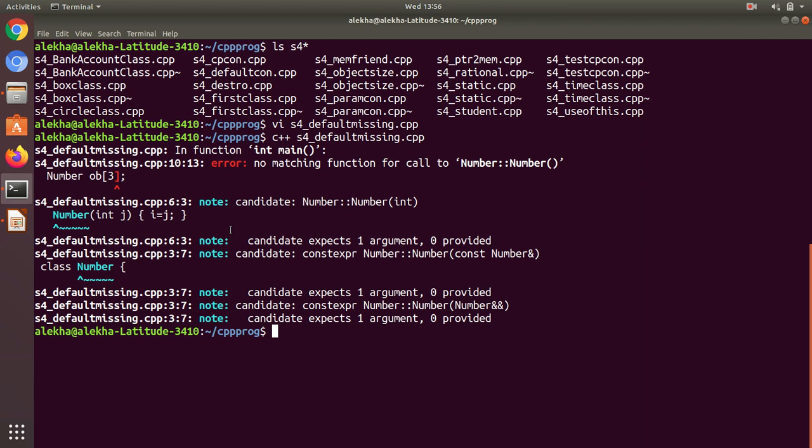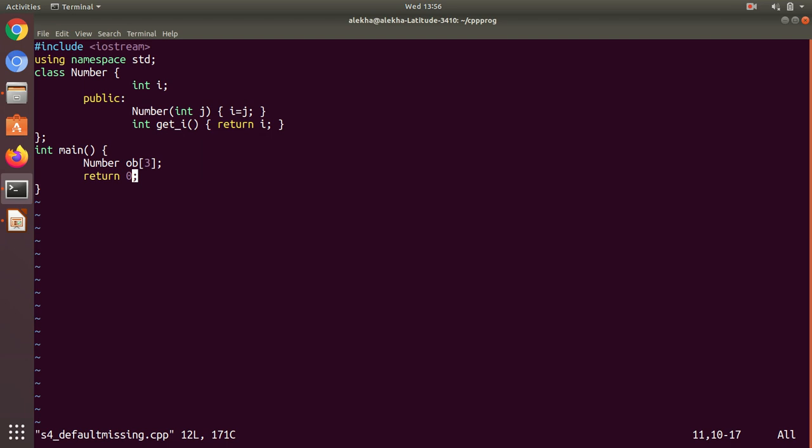Now what I will do is go back to this program and put this parameterized constructor in a comment. According to the definition of the class, the user has not provided a single constructor for initialization.